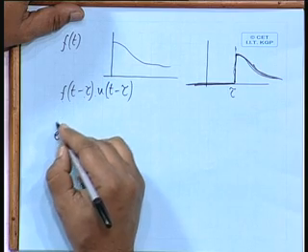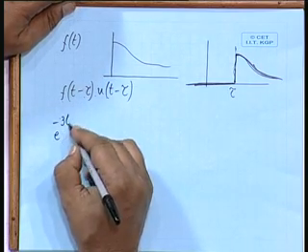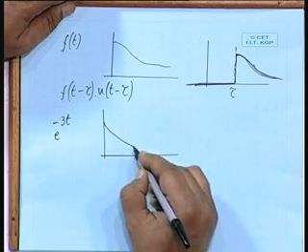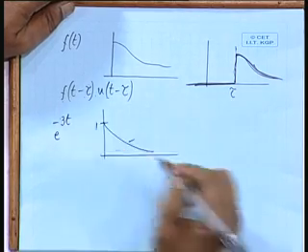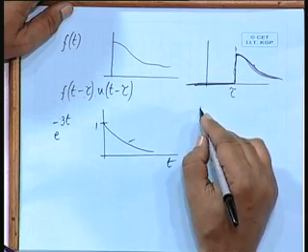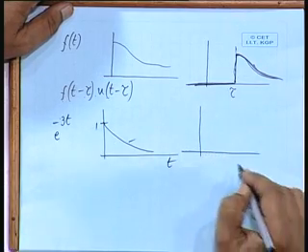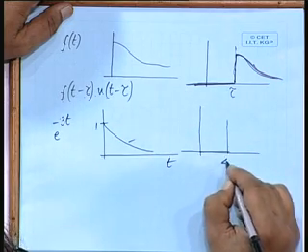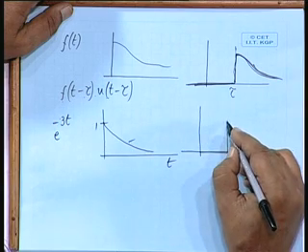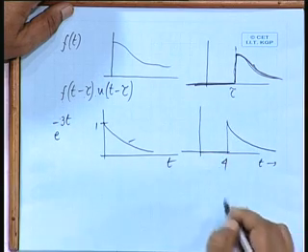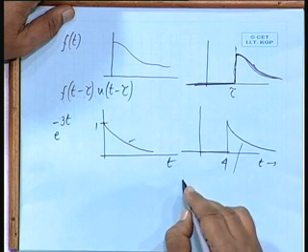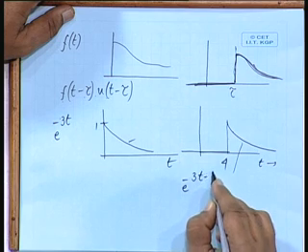So, e to the power minus 3 t, what is this function like? Exponentially decaying, okay, starting with 1. So, if I want to represent this same function which is shifted by 4 seconds, say, what should I write for this? E to the power minus 3 t minus 4